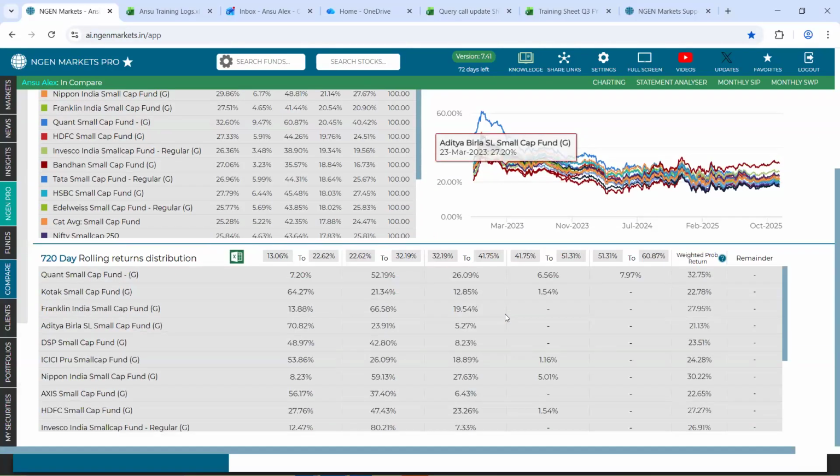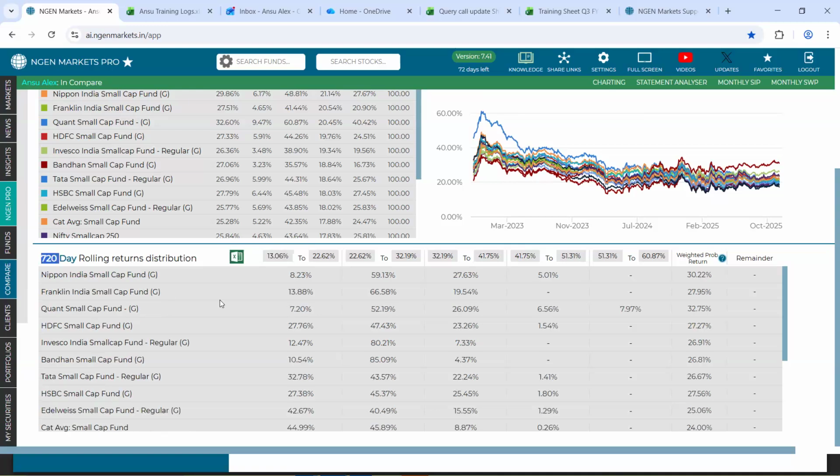Following that, if you scroll towards the bottom, you will come across this rolling return distribution tab. Here you see there are 5 buckets in total, each of which is editable. These are the return ranges that you can also edit on your side. For example, let's say you want to see, in this rolling window of 720, what percent of times did the schemes generate returns between, let's say, 20 to 25%. So these are the preset buckets that you can see on your end.